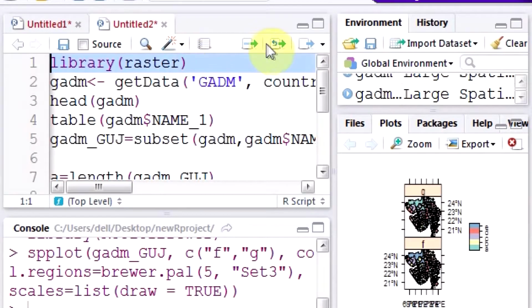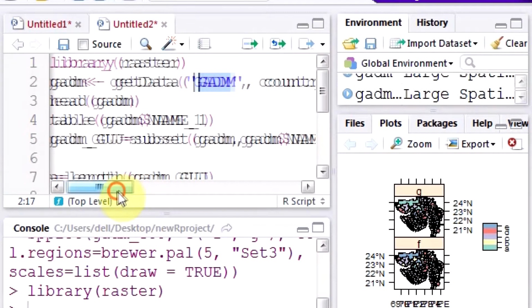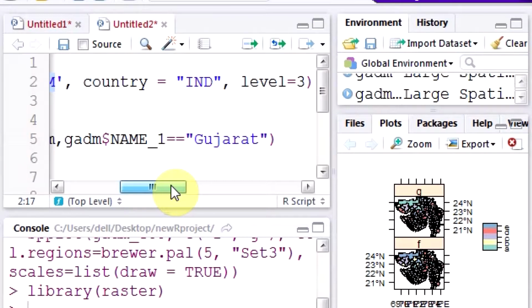Let's do library raster. Okay. Then what we'll do is we'll get data from the GADM, which is the General Administrative Database, country India, level 3, or we can do it for any other country. Let's say I can do it for Canada, right?